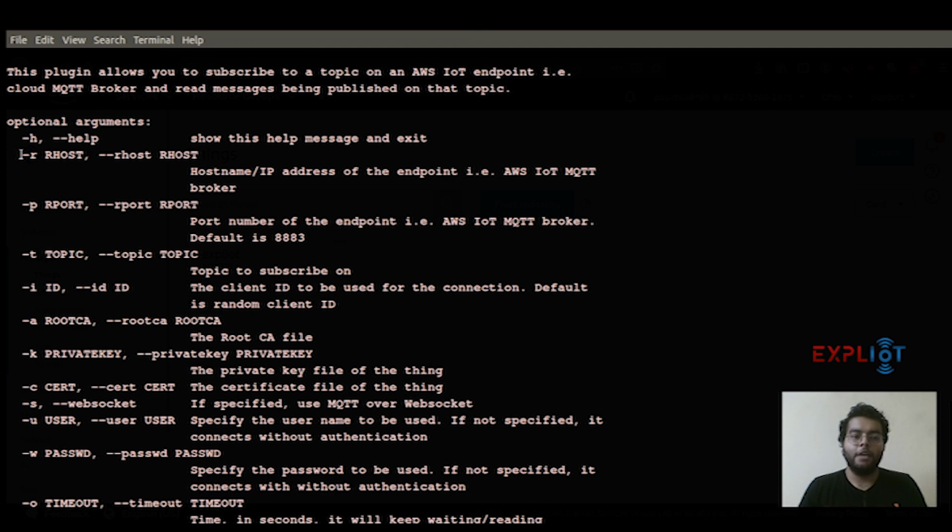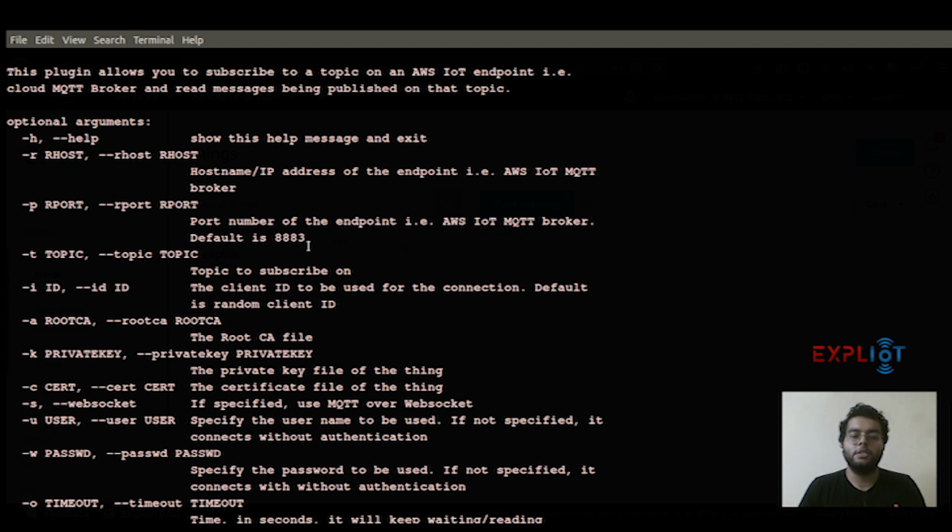So first is -r, which is the remote host. So this is the host name or the IP address of the endpoint. So in this case it is the AWS IoT MQTT broker. I'll show you how you can get that URL. Next is -p, which is the remote port, which is the port number of the endpoint, which is again your AWS IoT MQTT broker.